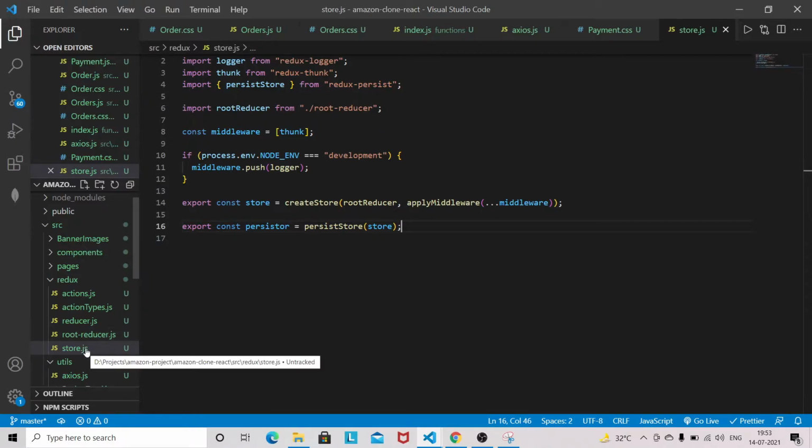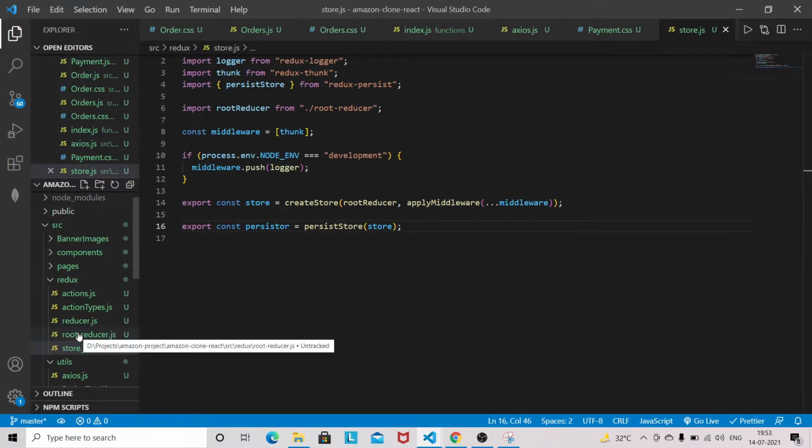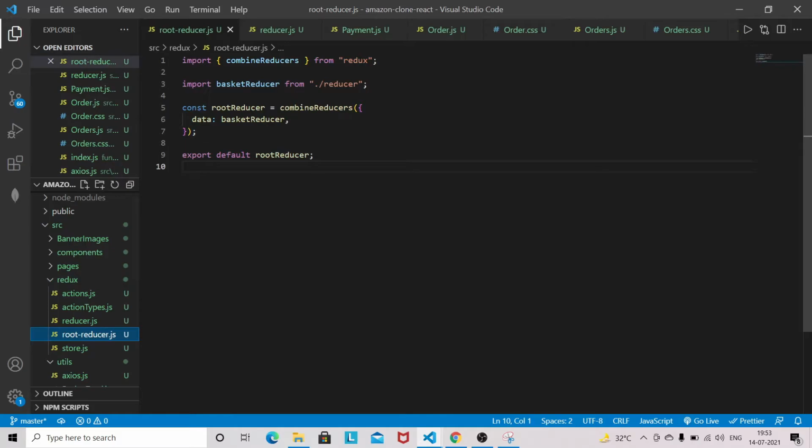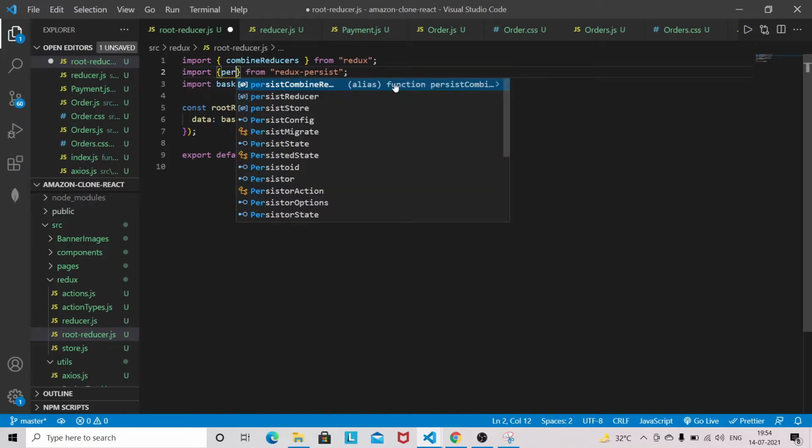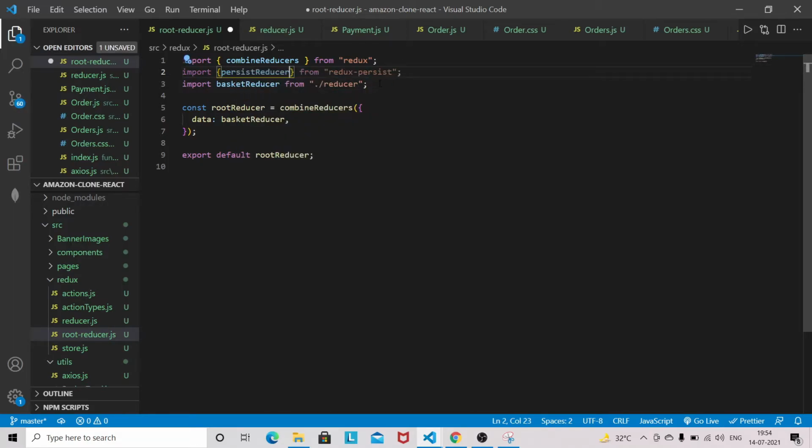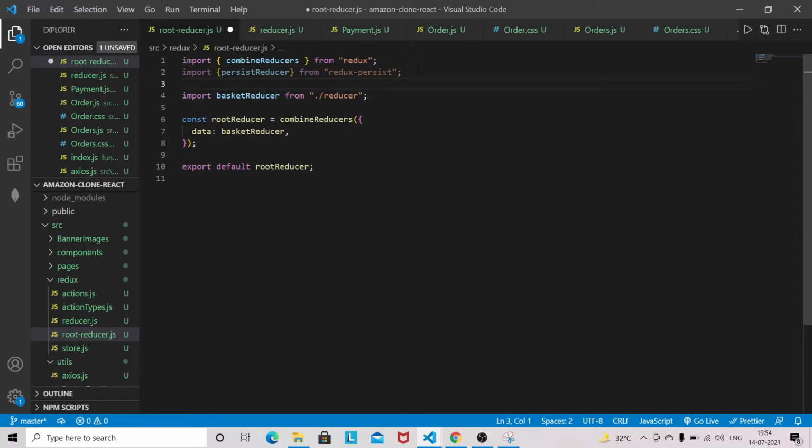Let's go to the root reducer. In the root reducer also we have to adjust some code. First I need to bring persistReducer from redux-persist, and we also need one more thing, that is the storage.